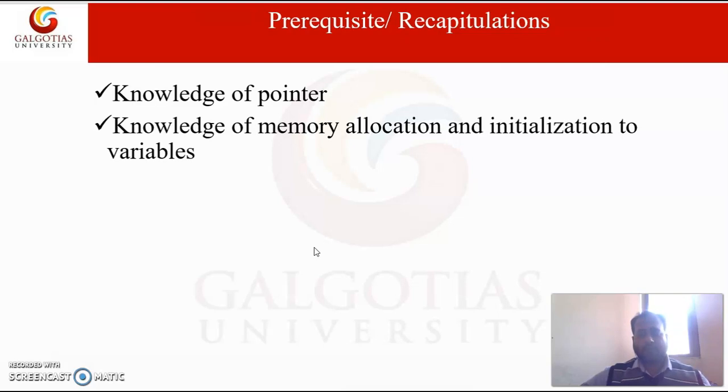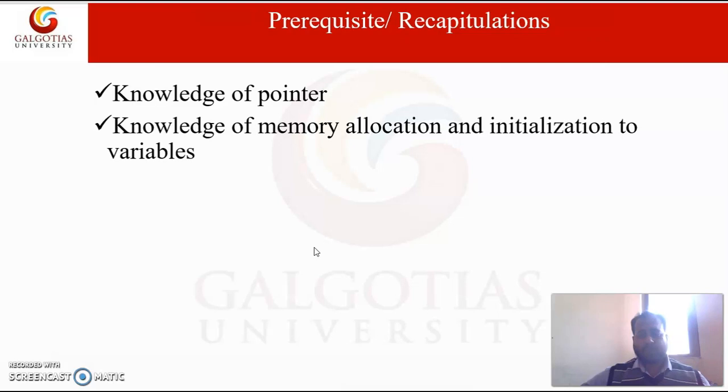Also, a student must have knowledge about memory allocation and initialization of values to variables, and about the size of memory allocated to different data types available in the C language.